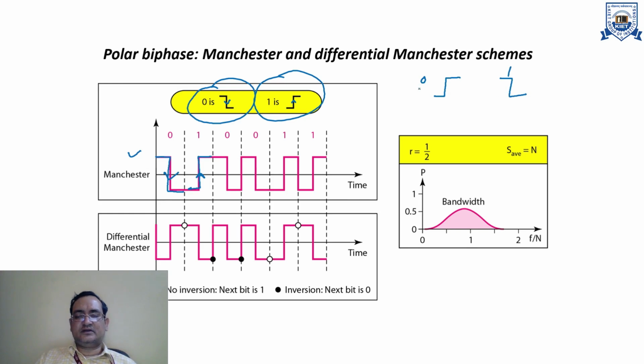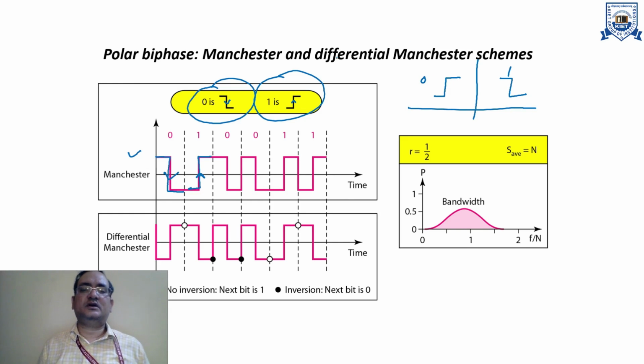These actually depend upon the device or circuitry, right? For example, if you are considering the first scheme, then it will be represented by this. Otherwise, if you are going to represent the whole signal with the help of this one, then you should represent all the zeros with this pulse and all the ones with this pulse.